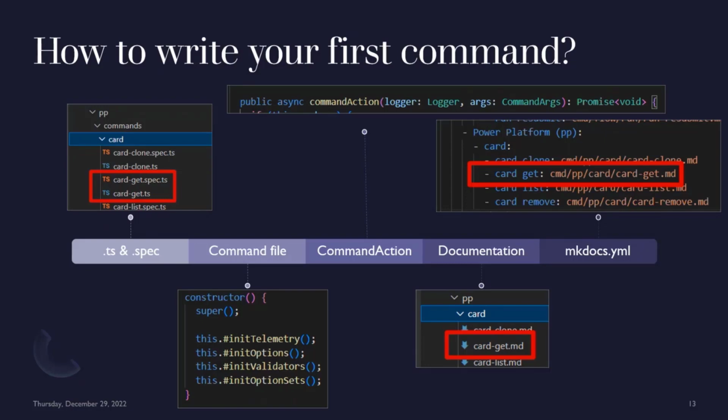Next to the .ts file, you also have the spec.ts file for the unit testing. It is important that these tests must always ensure 100% code coverage, since the CLI for Microsoft 365 is satisfied with nothing less. Writing this test was new to me and created a learning curve, but I have to say